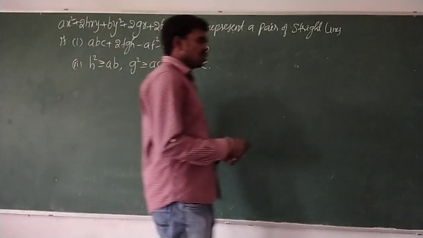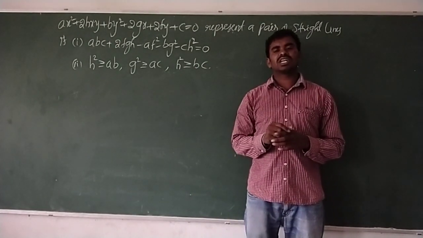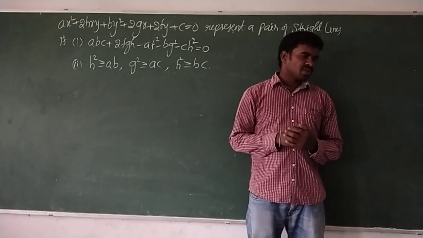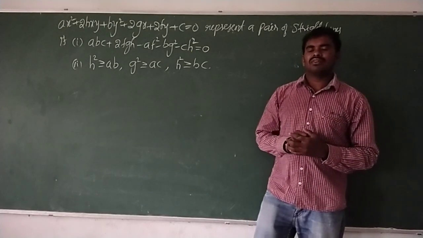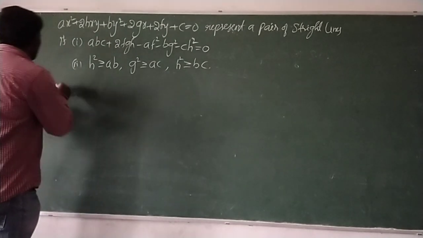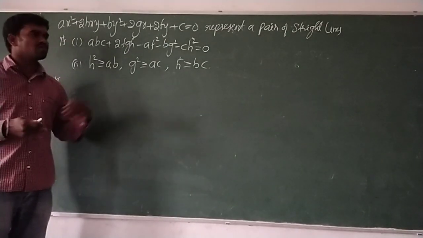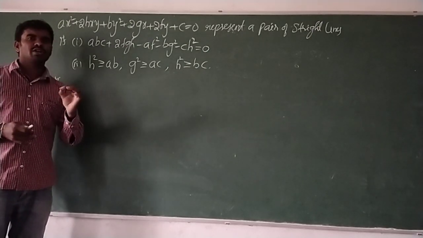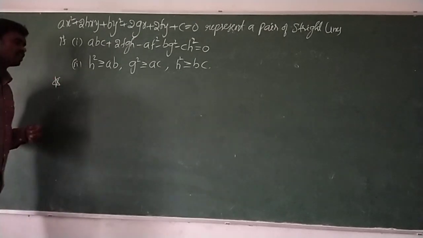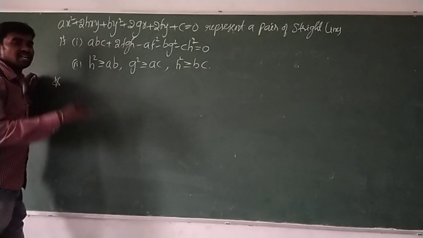Is it clear? Next, two small formulas: the perpendicular distance formula, which we have written in straight lines, and the area of triangle formula when one of the vertices is the origin. I'm just writing these two formulas, then we can enter into the long questions. Very important long questions are there. 90% of the important questions we can learn in the first, second, third, and fourth problems. So please watch until the end. This part is very important.